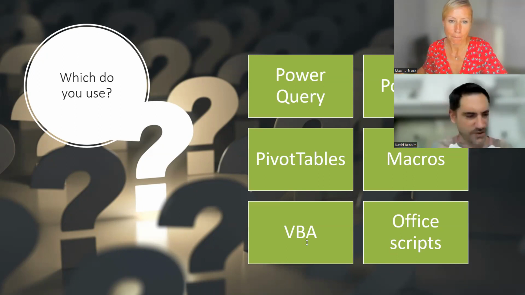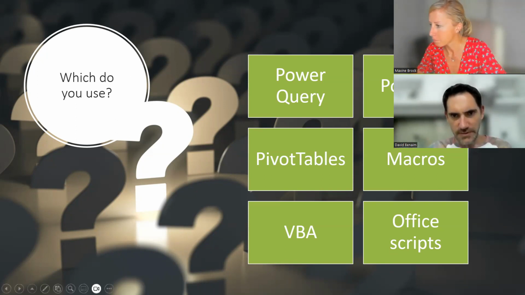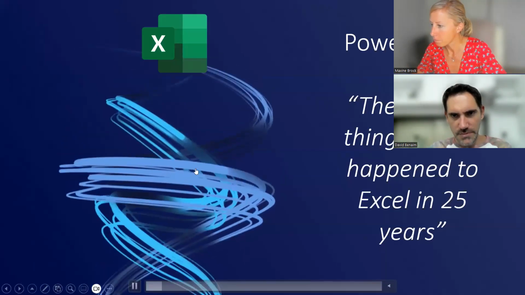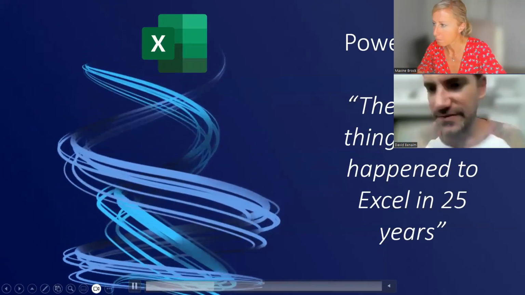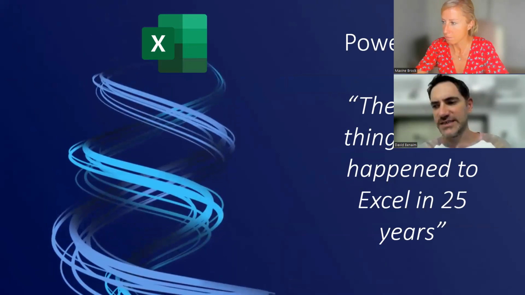Great. Okay, so we've got pivot tables being the most one, and we've got macros being second and Power BI being third. Okay, good. So Power Query is, as I said, the biggest change that Excel has gone through